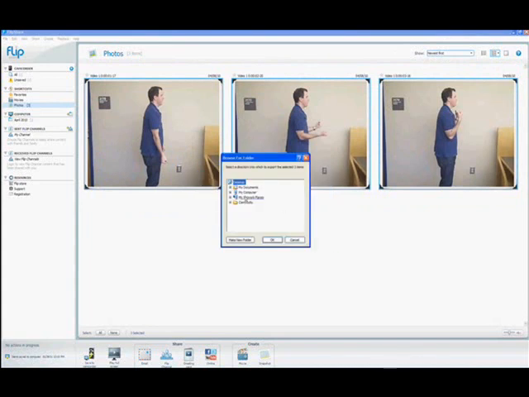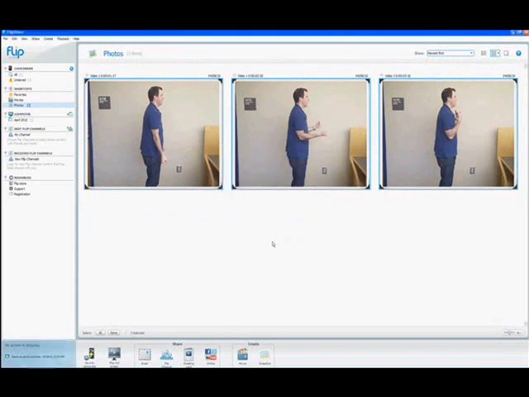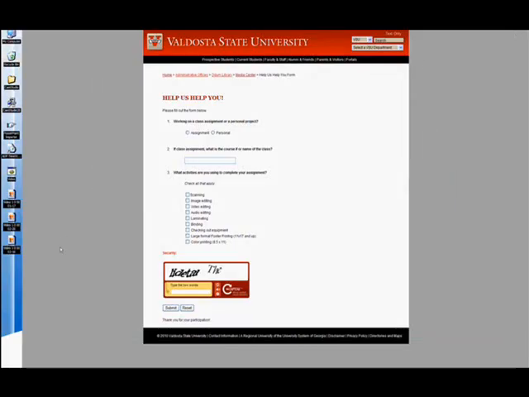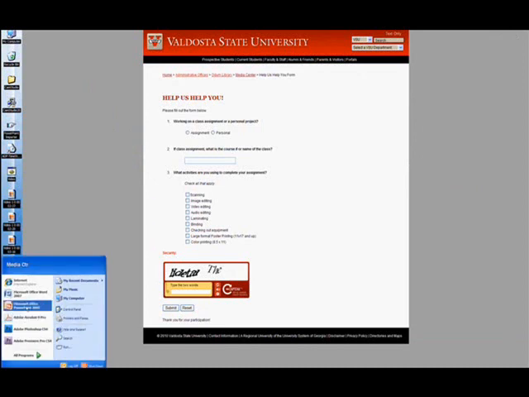It'll ask you where you want to save it. You can save it to your jump drive. In this case, I'm just going to save it to the desktop, and when you hit OK, you can now minimize the FlipShare software, because we're done with that, and you'll see where these 3 images have showed up on my desktop. And now we can open up Microsoft PowerPoint,